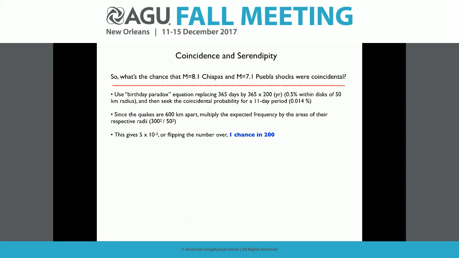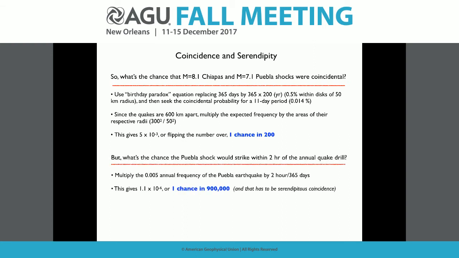But normally the probability is much higher than we expect. In this case, there are only two students, Chiapas and Puebla, in a 600 kilometer wide classroom like this. And that gave us a chance of one in 200. So this is rare, but not super rare. Compared to that, we also calculated the probability that the second earthquake would hit within 2 hours of